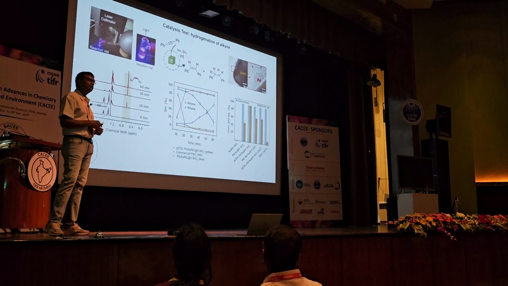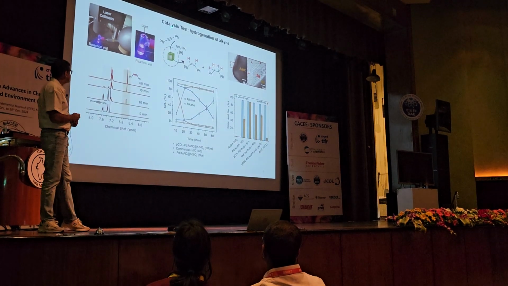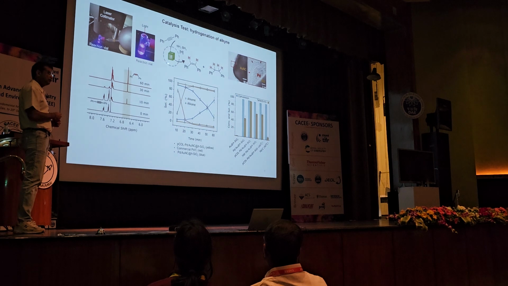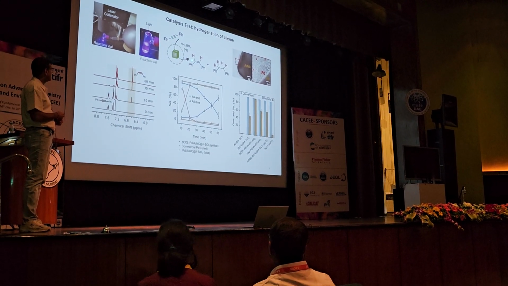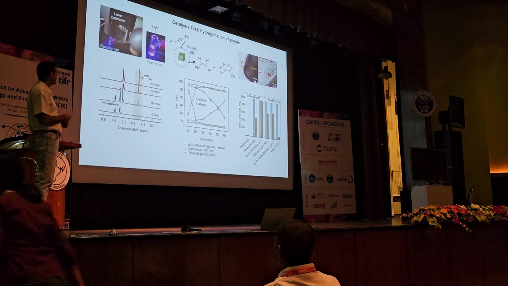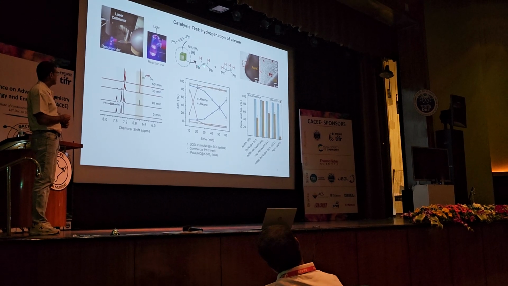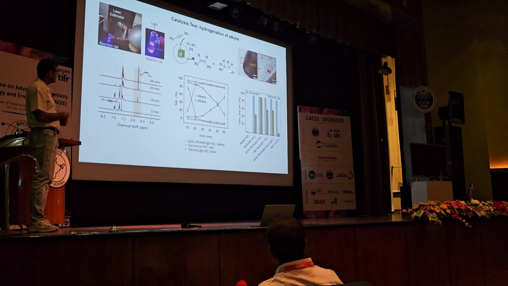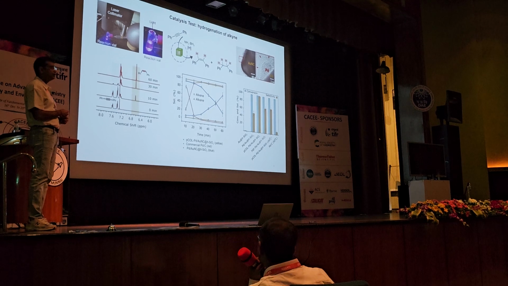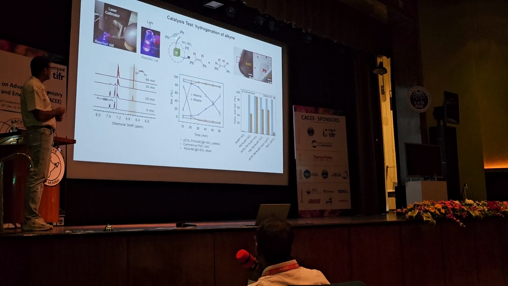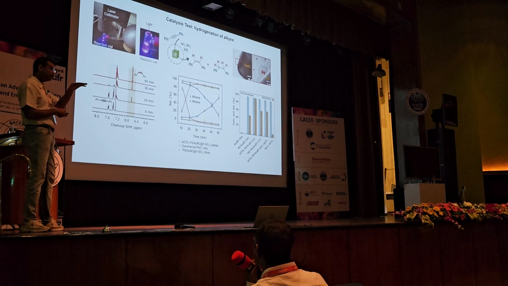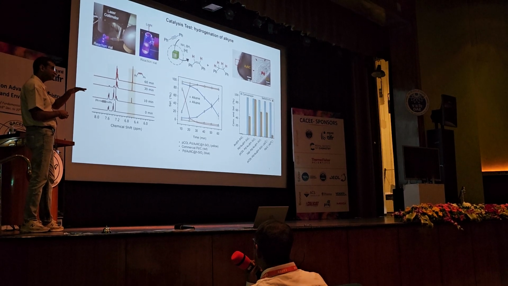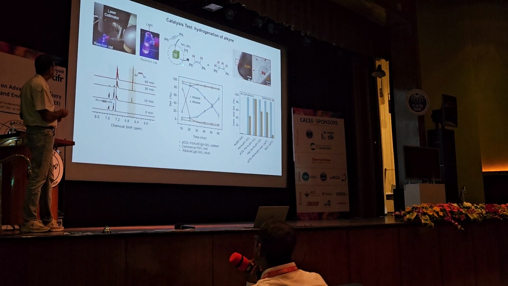For testing the performance of the catalyst, we chose this alkyne hydrogenation. As you may know, if you hydrogenate an alkyne, the first step goes fine. Actually, this is challenging, but the second step is thermodynamically more favorable. So it's difficult to control the reaction at this stage. So we thought that this PCOL layer would help us in controlling the selectivity of this reaction.